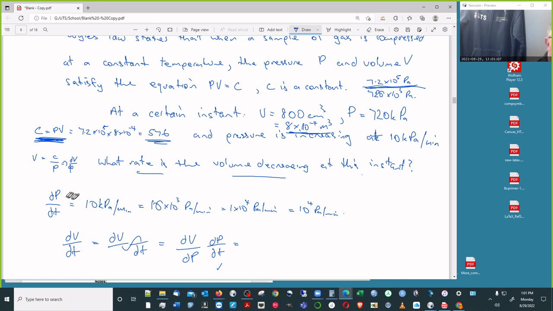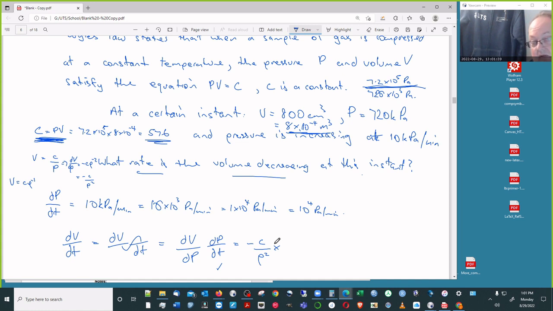So a bit of pre-work before we can get to that, V is equal to Cp to the minus 1. So dV will be minus Cp to the minus 2, which is minus C over P squared. So dV is minus C over P squared, and our dP dt was,